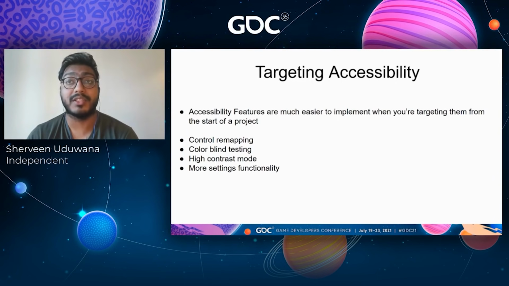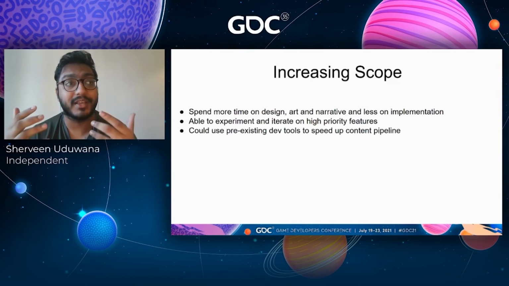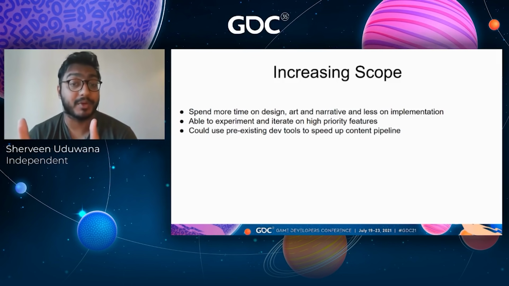Once I've implemented a setting once, for most games, that's pretty much how it works, right? Volume isn't going to change that much across games, or your resolution, unless you're making a very specific game. And that's the really helpful thing: everything that's specific, you get more time to work on, and everything that's not, you can reuse. The other thing that was really helpful is exactly that: increasing your scope, as in spending more time on those unique things.